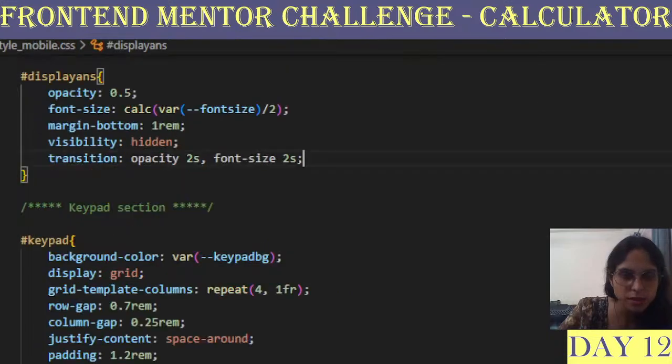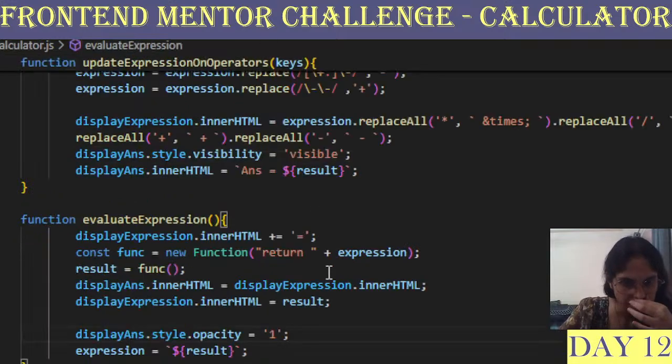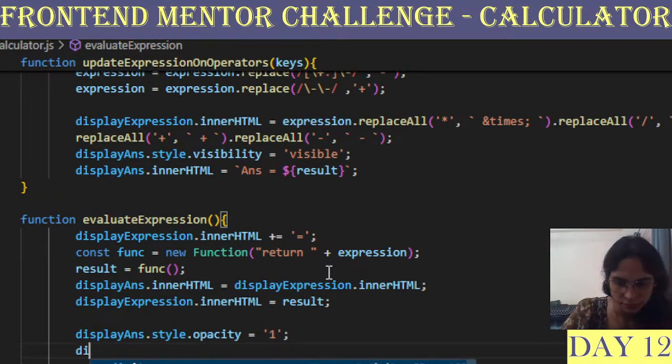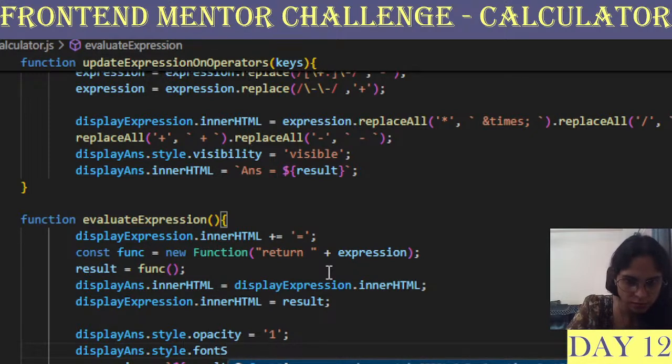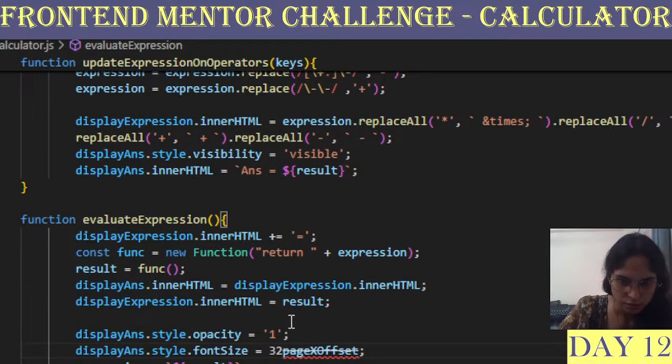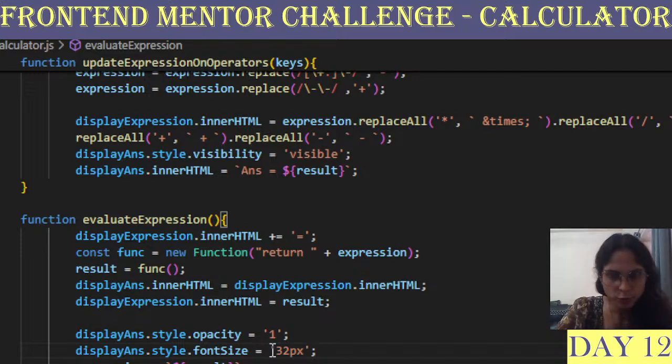No, the style, sorry, my bad. Instead of 2 seconds, I will give 0.5 seconds. Dot style dot 32 pixels.